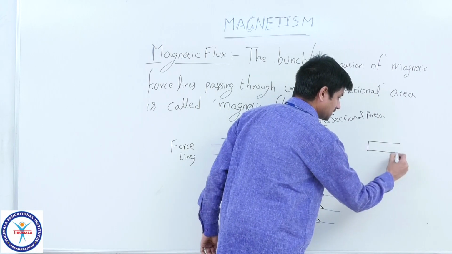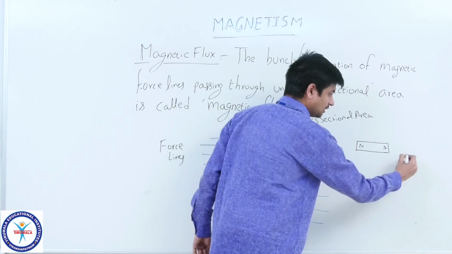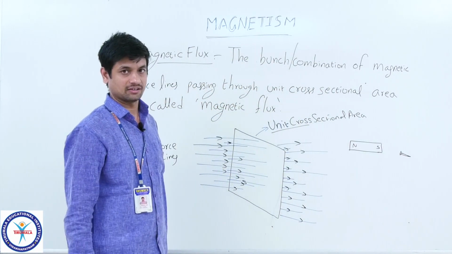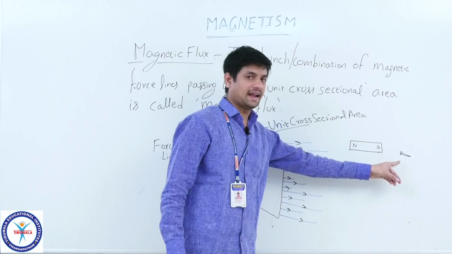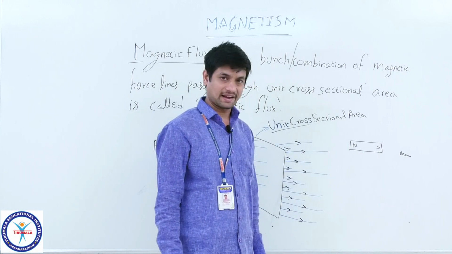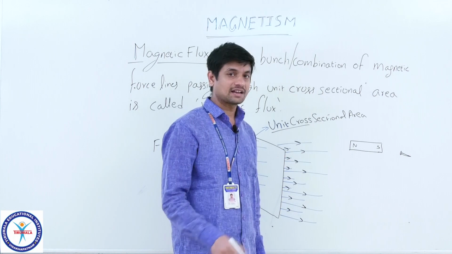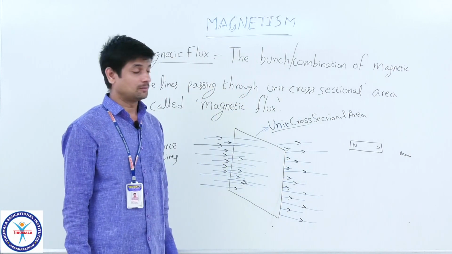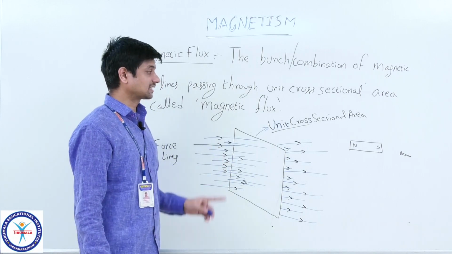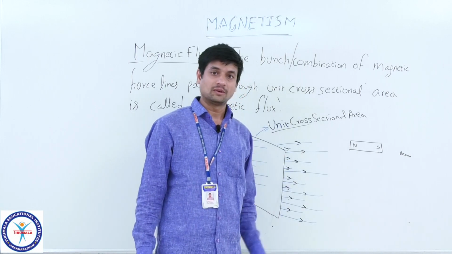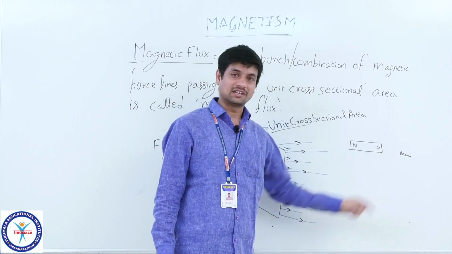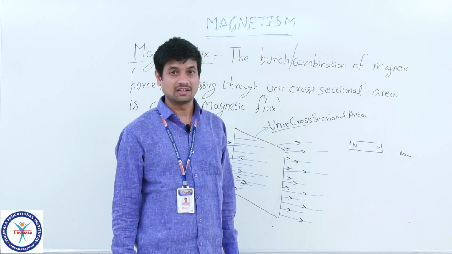That means we have one bar magnet with the poles north and south, and I have one iron nail nearby that magnet. What will happen? The iron nail will be attracted towards this magnet. After being attracted, the iron is also magnetized because it stuck to that magnet for some time. So, the field lines coming from the north to south, that means a bunch of field lines, will enter into this iron material and will make that iron magnetized.